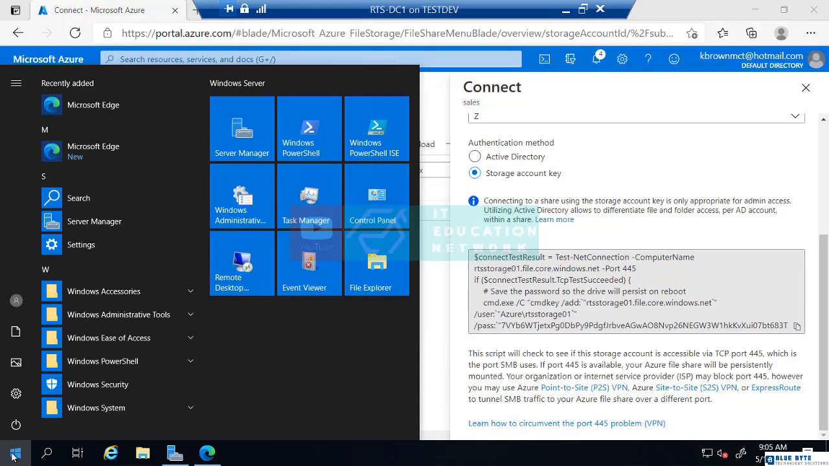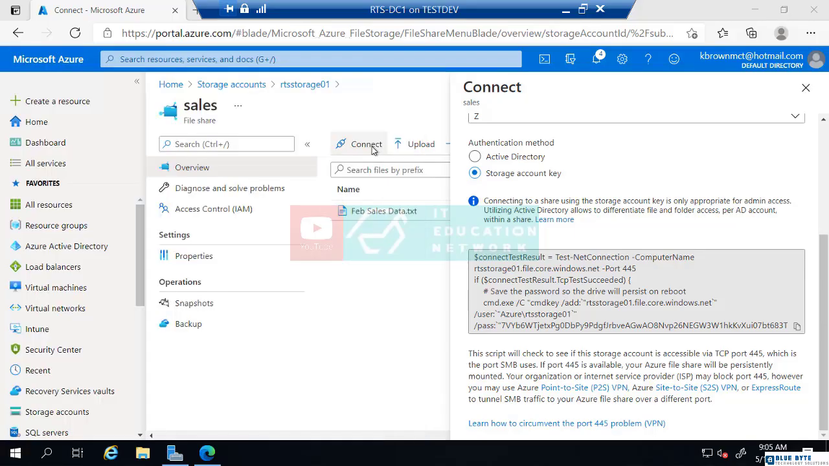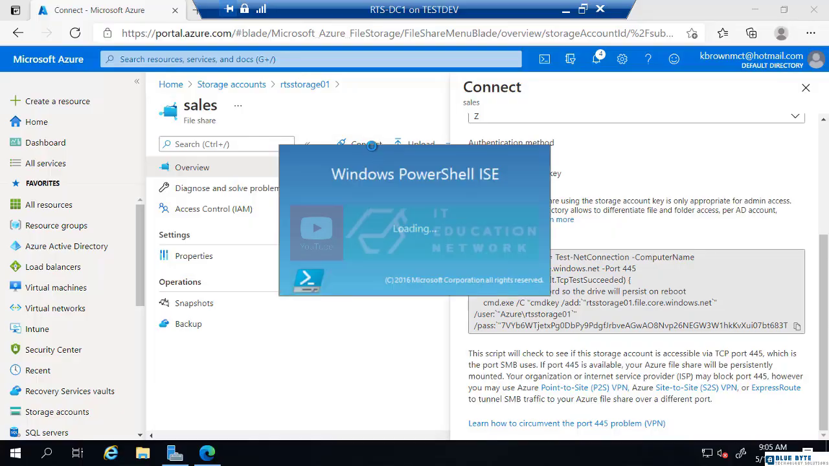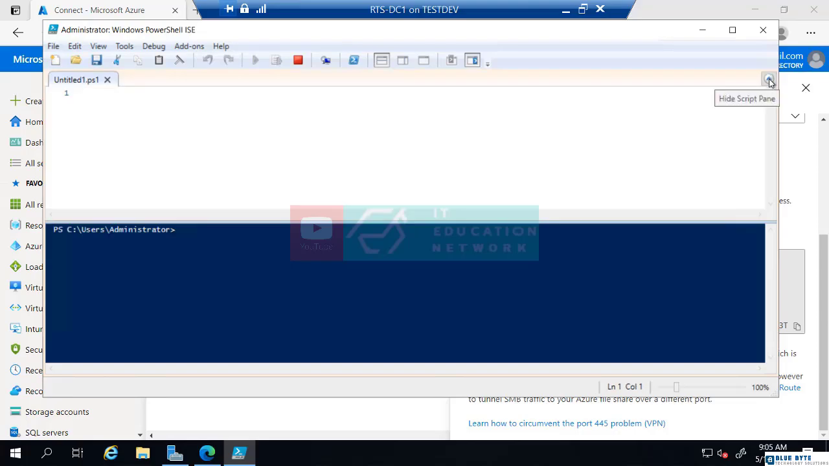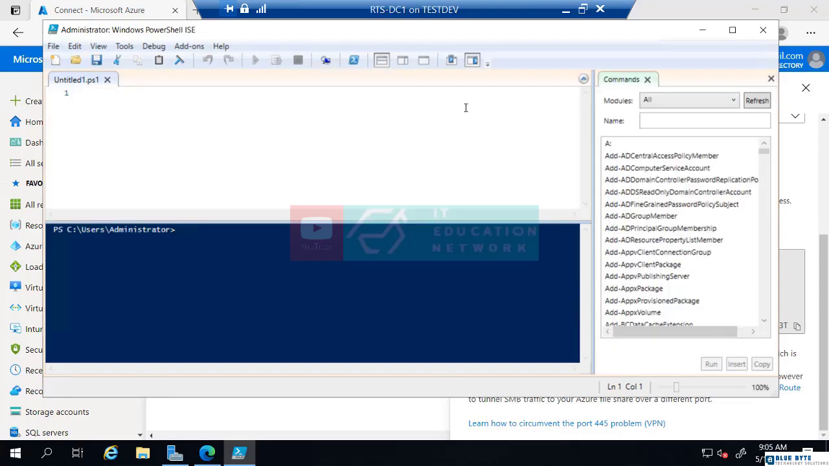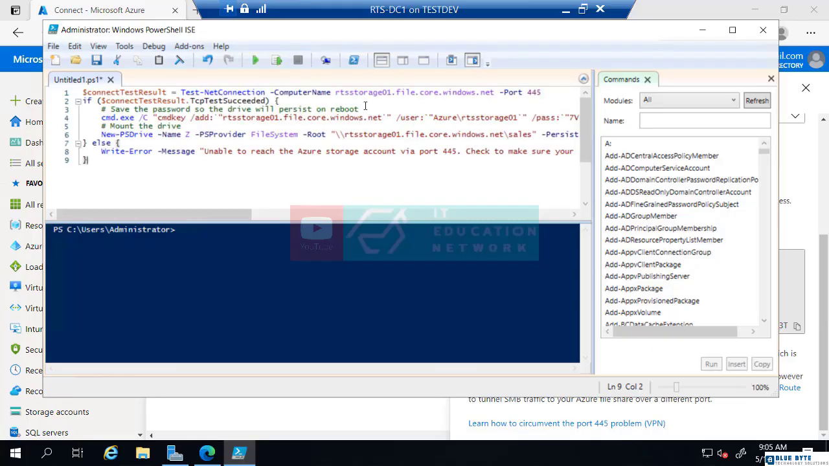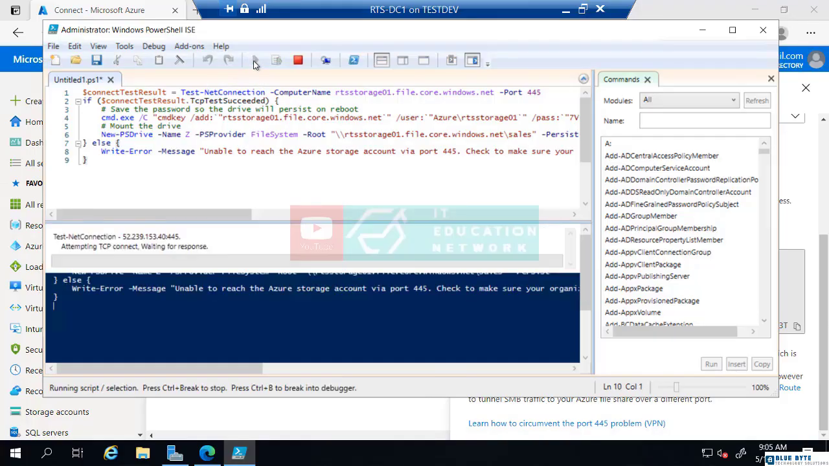Now, I'm going to open this PowerShell ISE. In the scripts pane here in my PowerShell ISE, I'm just going to right click and paste. So that's all the syntax we just copied from the Azure portal. I'm going to click this play icon to run the entire script here. So that's going to run that entire thing. What should happen,